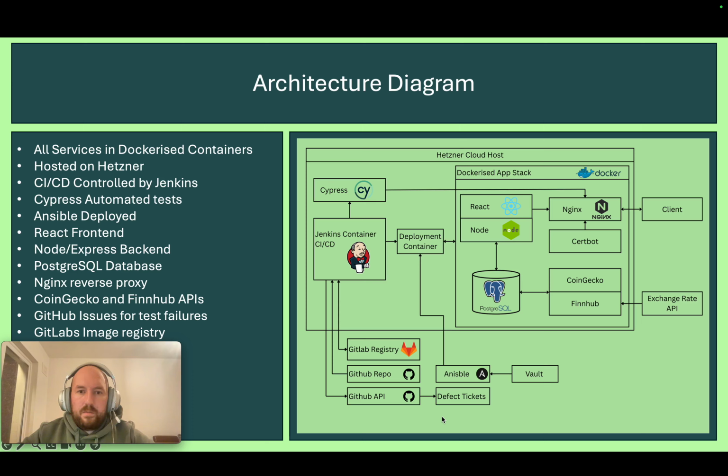This project is using some DevOps principles for CI/CD, so continuous integration and continuous development. So we can see our Dockerized web stack here. We have React and Node as our front and back end, which are being served by Nginx with CertBot for TLS cert updates. Postgres is getting data from the CoinGecko and FinHub APIs, so the prices are always up to